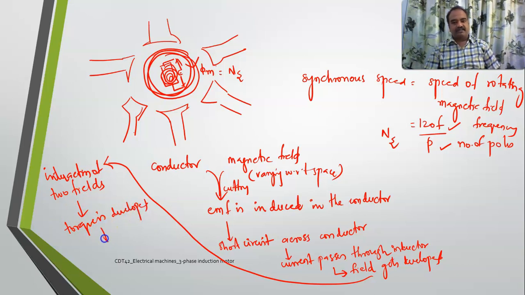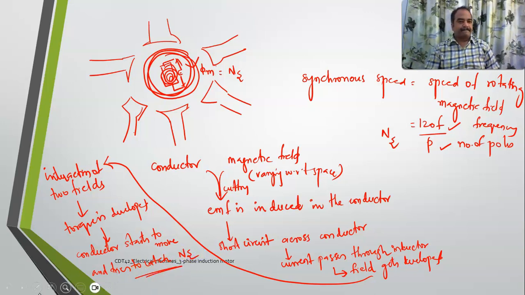What do you mean by torque? It is nothing but a mechanical movement. So which means that your conductor starts to move and tries to catch up with Ns. Got it. Now, here, when your rotor or your conductor tries to catch up with the rotating magnetic